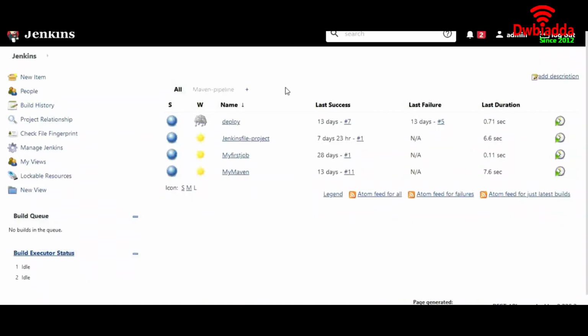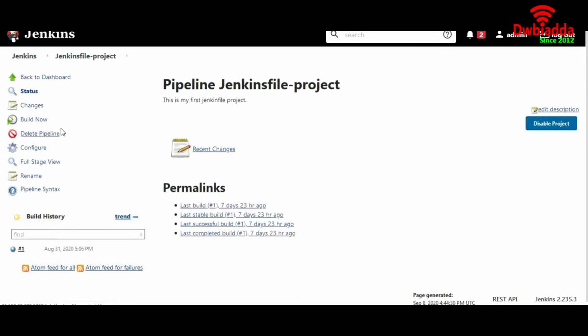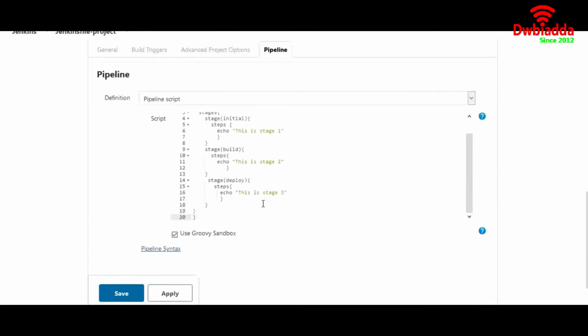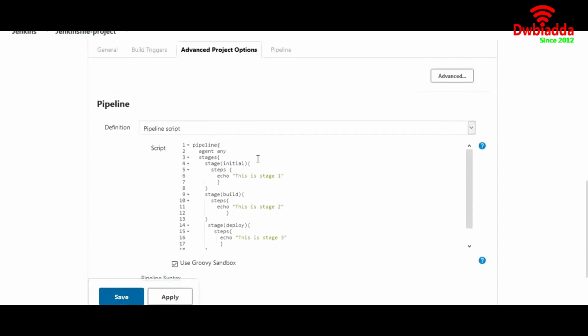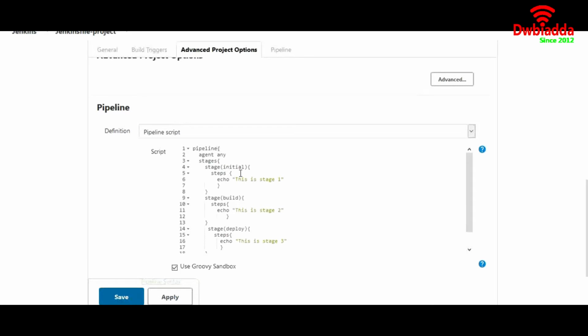Hi guys, welcome back. So in our previous lecture we were discussing how to configure your Jenkins job using a simple Jenkins file. We have configured our first project using a Jenkins file like this. We have defined all the configuration settings in this file. Usually you'll write everything in a Jenkins file and push that file into your GitHub root directory, and thereafter you'll build this. We have not put the file in a GitHub repository because we were not